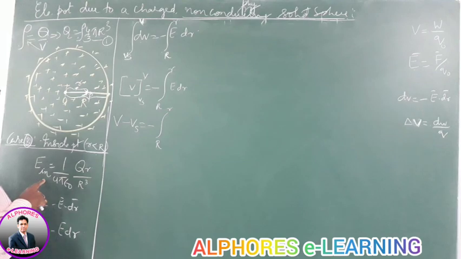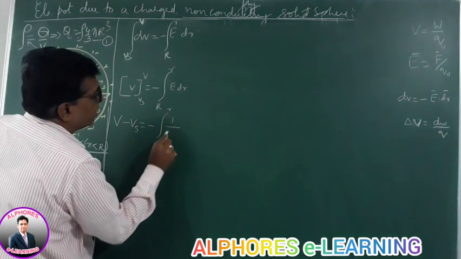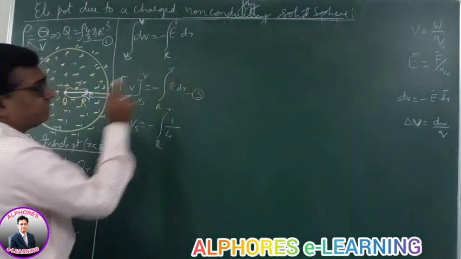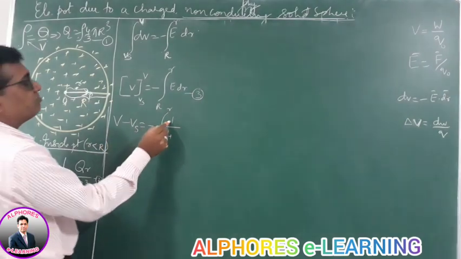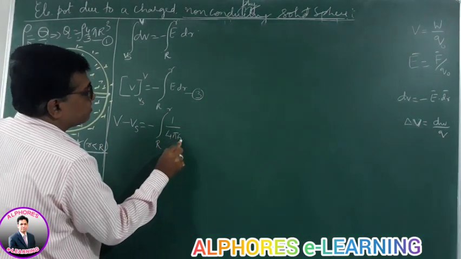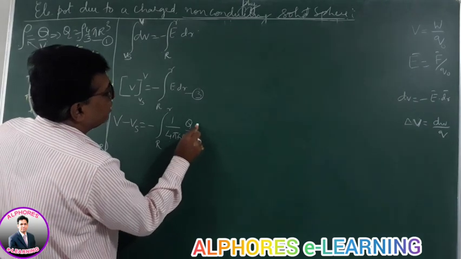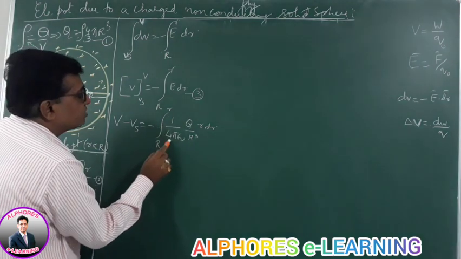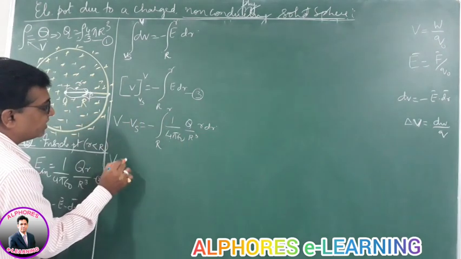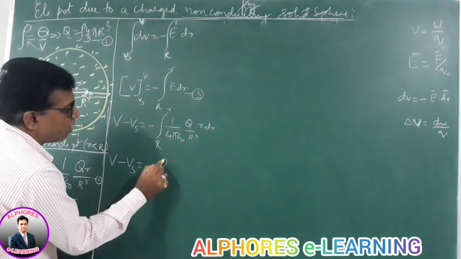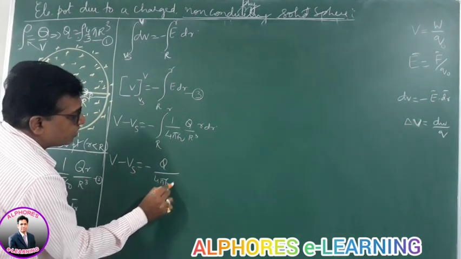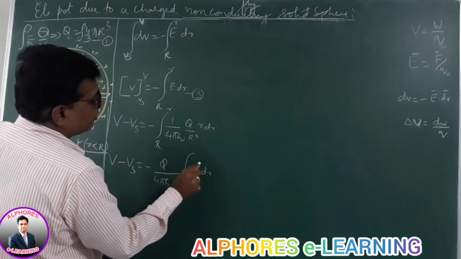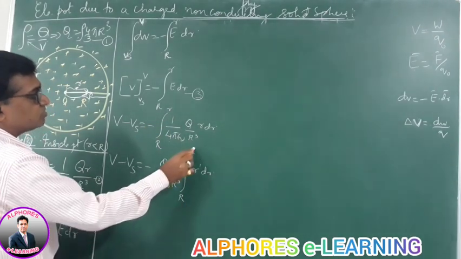of the electric field at any inside point, this is E. So substituting equation 2 in equation 3, we get Q by 4 pi epsilon naught R cube into small r dr. Now this is all constant, so taking the constant out of the integration, it is Q by 4 pi epsilon naught R cube times the integral of small r to the power 1 dr from the limit capital R to small r.